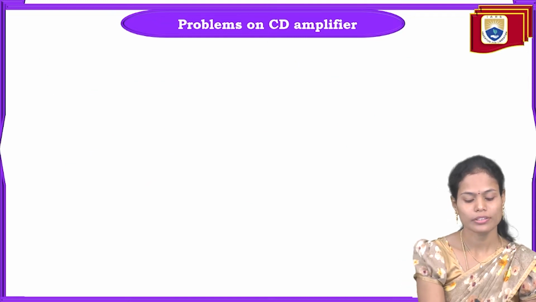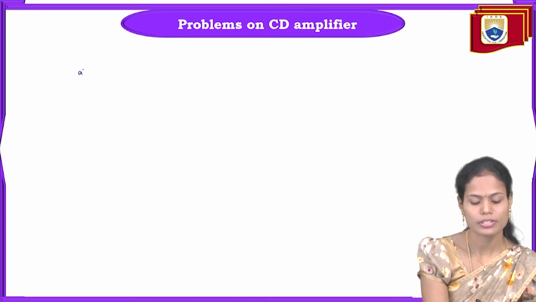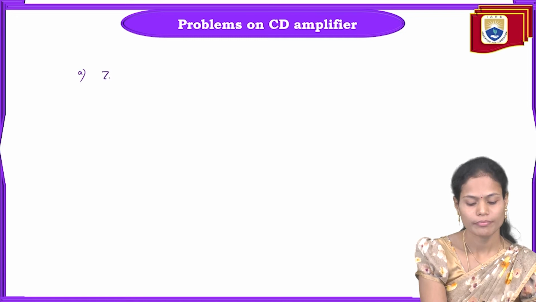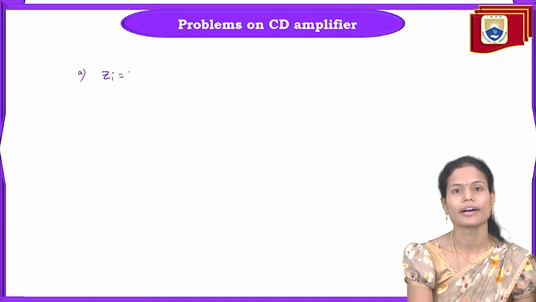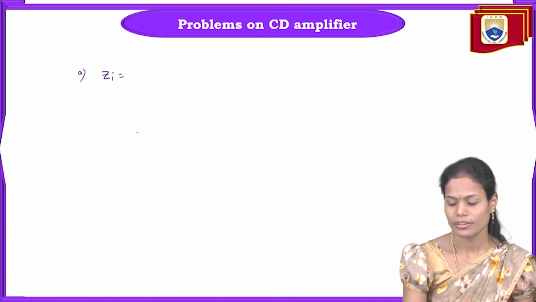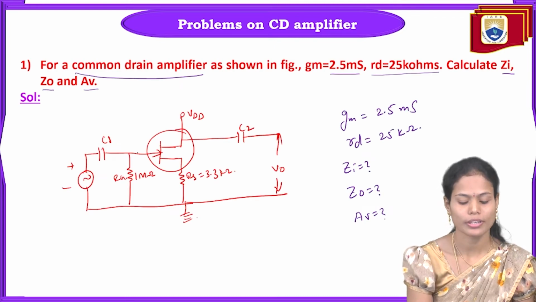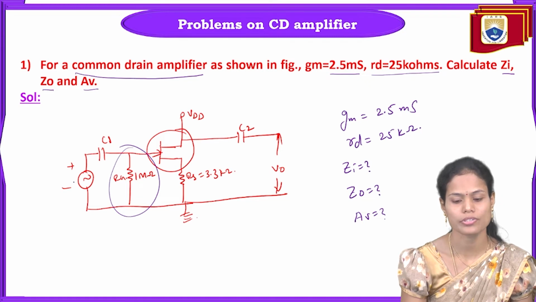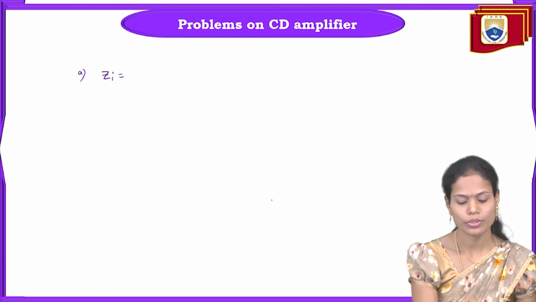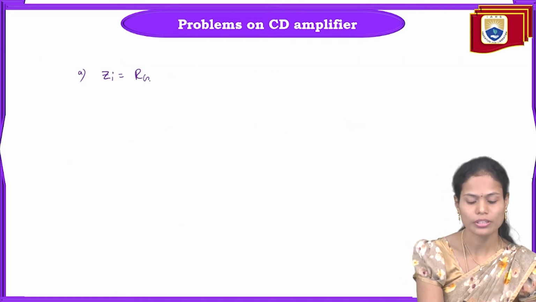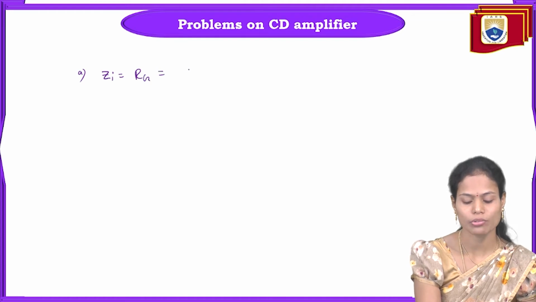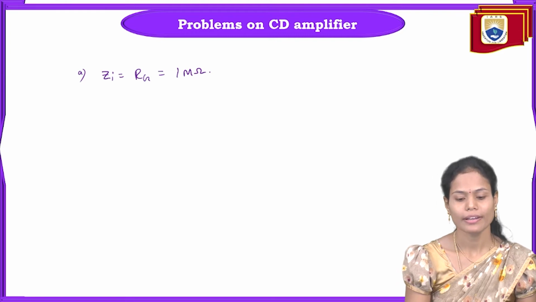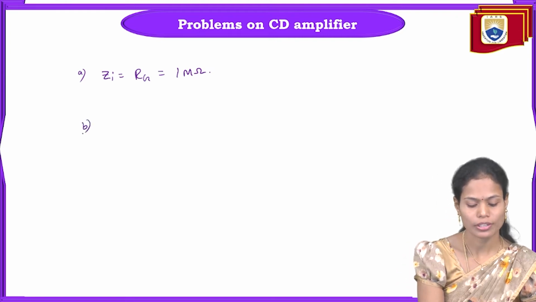To calculate the input impedance, the first parameter, Zi, is equal to, if we observe the circuit here across the input side, we have only a single resistance, that is the RG resistance. So the input impedance is directly equal to the RG resistance, and that value is given as 1 mega ohm here. And the next parameter we need to calculate is the output impedance,